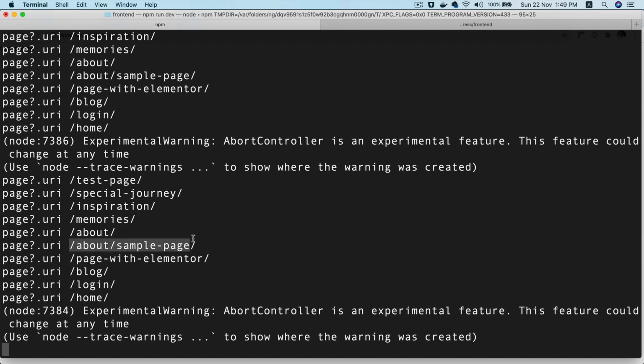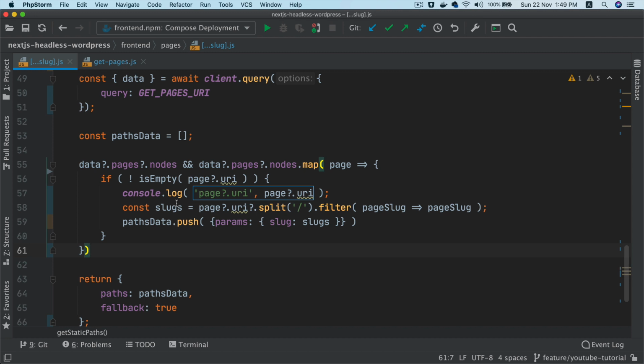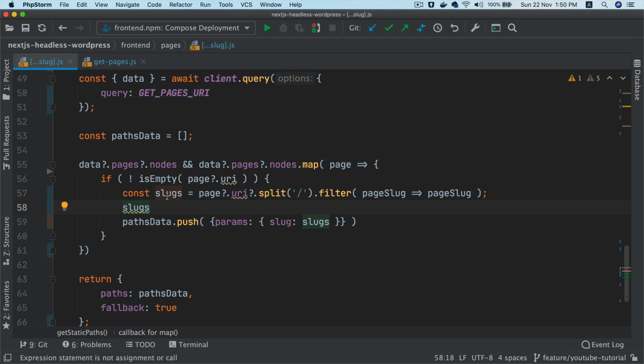At this point, because it's a child page, we have to split it. So that's what we're doing over here. We are splitting it with the slash, and then we are removing any empty items. So see what happens here. If I console slugs,